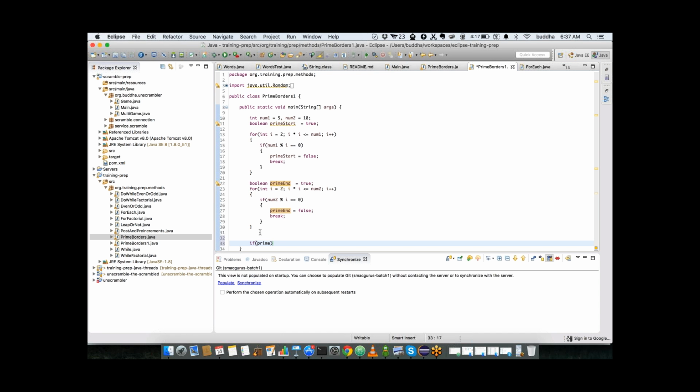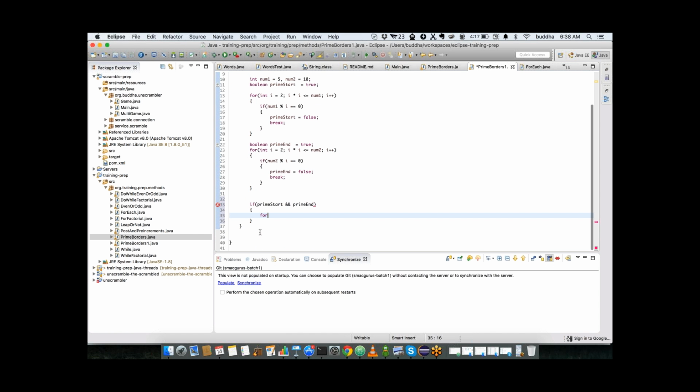If prime start && prime end, if both are true, then what we have to do: for int i equals num1, i is less than or equals to num2, i plus plus, and then for int j equals 2, j into j is less than i, j plus plus,